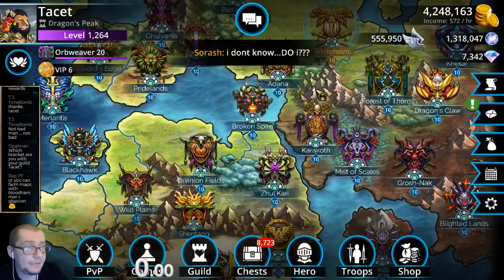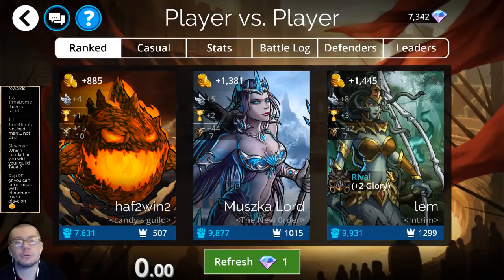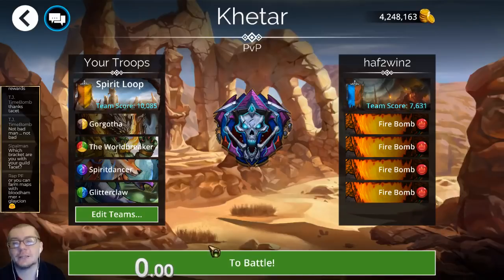What's the point of having a full Firebomb team on PvP? Oh, it's actually better to lose PvP than it is to win it. The reason for this is if you keep losing PvP, you'll keep finding more revenge battles. And while rivals don't really do much else, revenge battles do. Revenge battles end up giving you